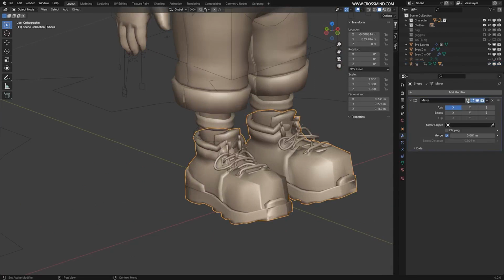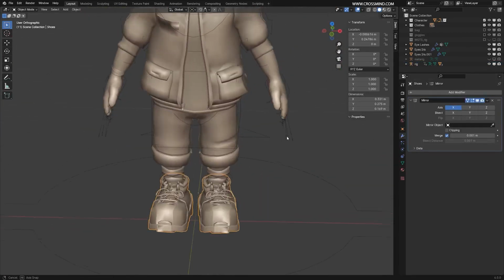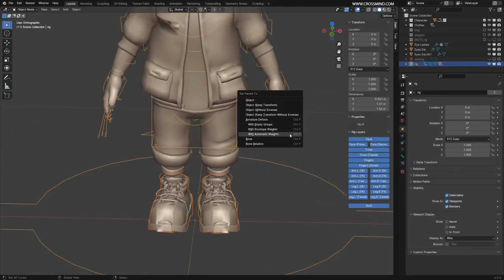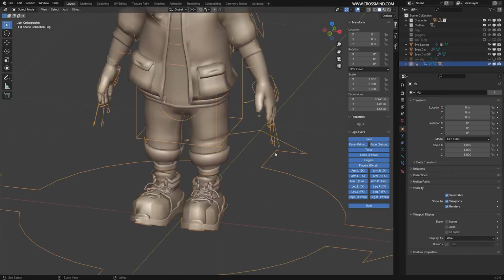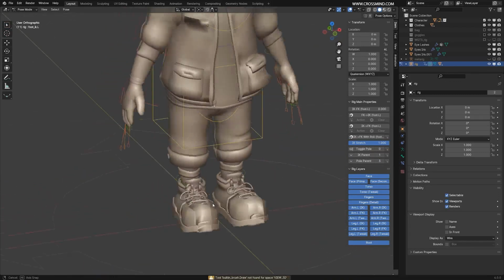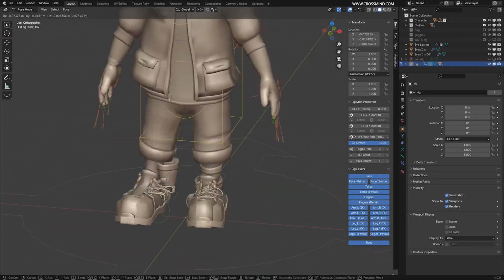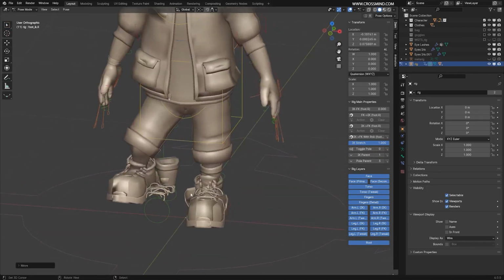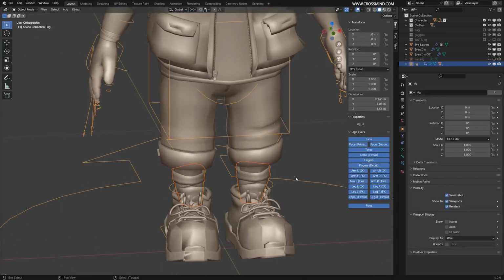I think it's going to work with the mirror modifier, and I'm just going to select both of these with shift, Control P with automatic weights, and let's see if this works. Yeah, this works. Whatever imperfection in the paint deformations are like this, we are going to fix that in a moment. Select the socks, Control P, weight paint,